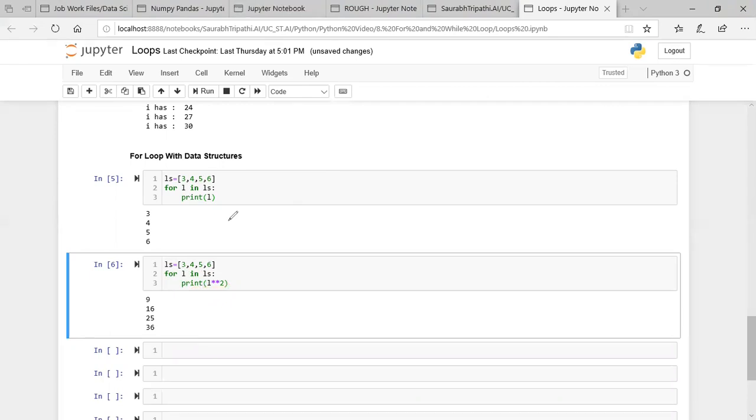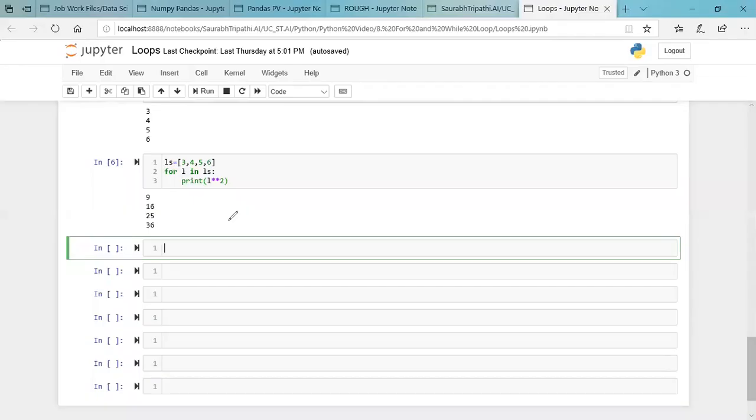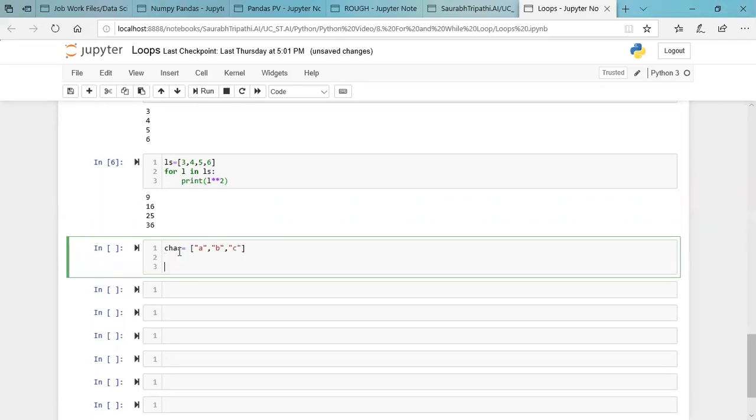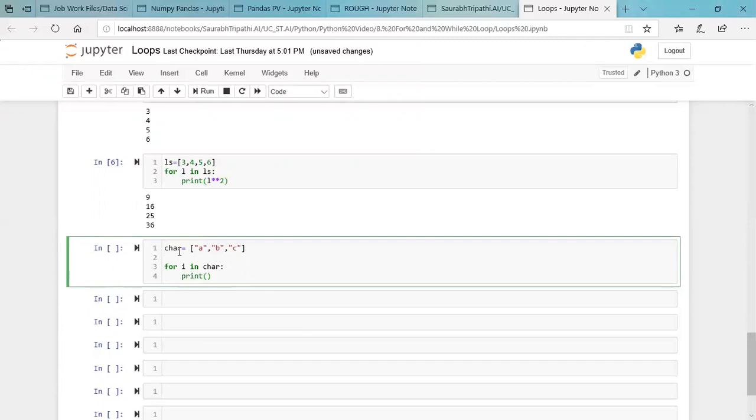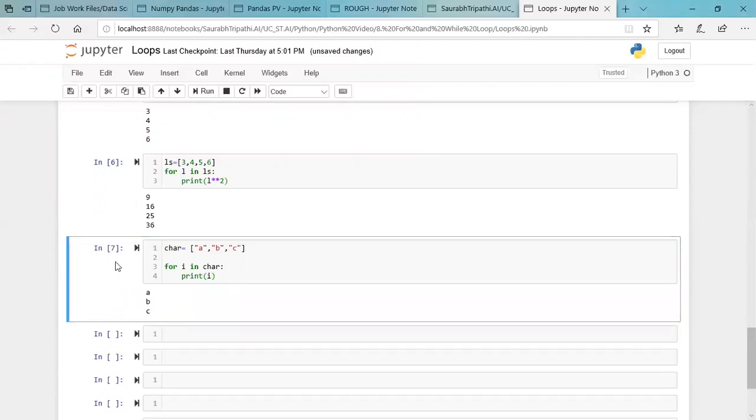Now there are some other methods too. Let me cover that. Suppose you have a list, say characters, CHAR, and here we will simply put a list of A, B, C. What we will do is write a for loop for this. So we write a for loop, for i in, say we want to pick the element. If we want to pick the element, we simply write CHAR and print the value. In this case, it will get us the character only.